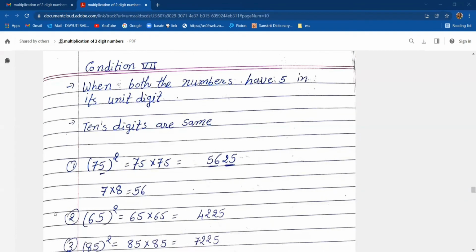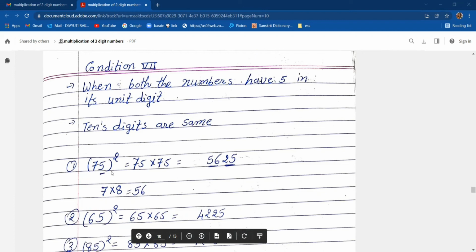Condition 7. When both the numbers have 5 in their unit digit. When 5 is there in the unit digit, again there are more than one condition and method when 5 is at unit place. So first condition is that when 5 is in unit digit and tens digits are same. When tens digits are the same, the unit digit will also be the same, that will be 5, and the tens digit will also be the same. At that time what you need to do,